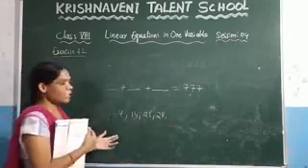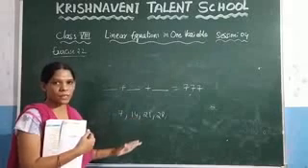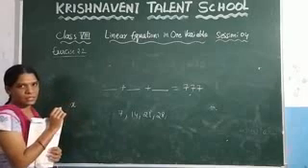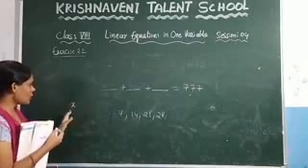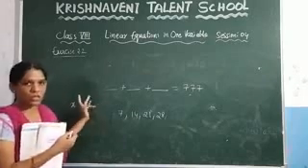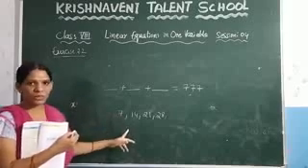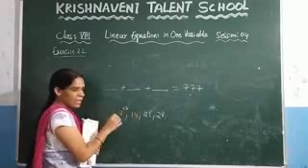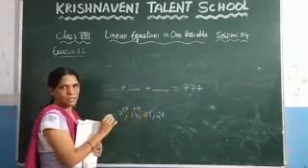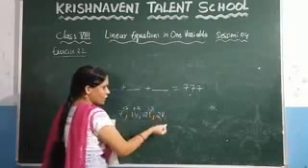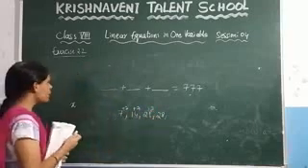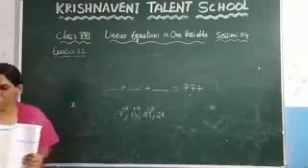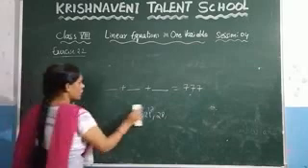And what is said here, you have to take the sum of the consecutive multiples of 7. You don't know what are those numbers. Let us consider the first number as x. And if you want to consider the next consecutive multiple of 7, what we need to do? We need to add 7 to that number, because if you take 7, after adding 7 you are getting this number, and after adding 7 you are getting the next number. So if you want to find the next consecutive multiple of 7, you need to add 7 to the given number.